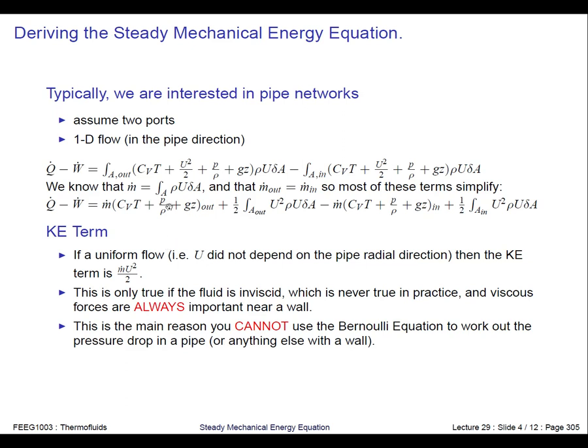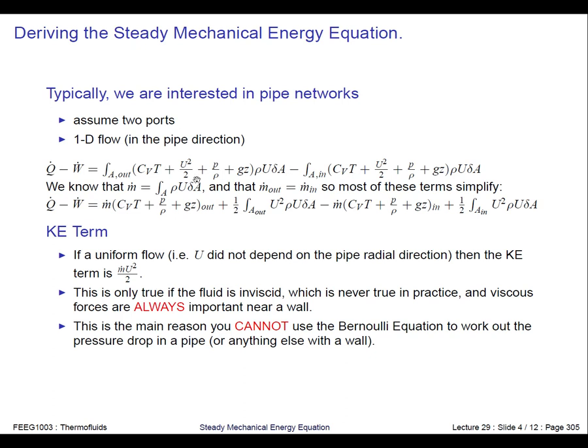We can do the same thing for P over rho, and for internal energy. Where we get stuck is the kinetic energy term. We can't simplify this any further because we can't take U squared out, because U depends on where we are on the cross-sectional area. So we've got to do something a little bit more clever with these two terms to deal with it in an engineering way. If it was uniform, and we'll come on to this next slide even, then